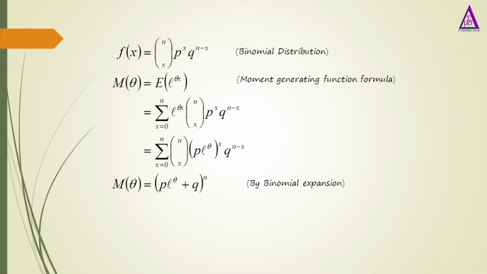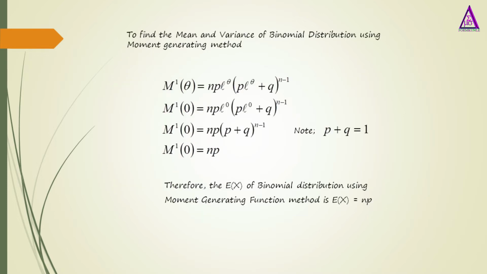And the last equation here, which is M(theta) equals (p e^theta plus q) raised to power n, is the binomial expansion. To find the mean and variance of the binomial distribution using the moment generating method, we are going to differentiate the last equation once. When we differentiate our moment generating function, we have M raised to power 1, meaning we differentiate it once, which gives us np